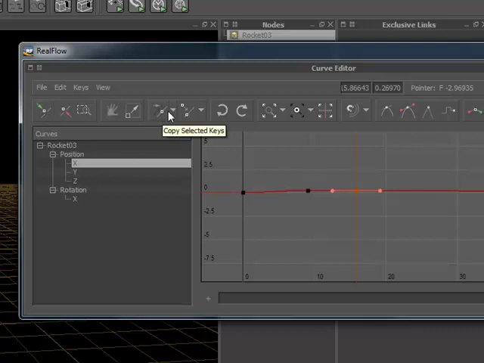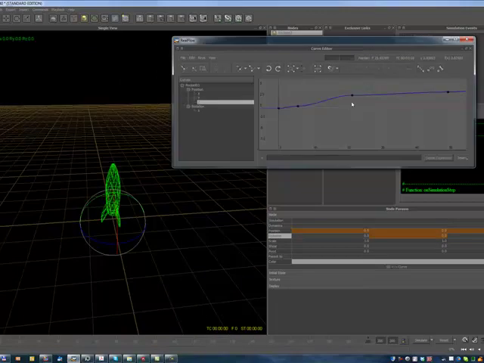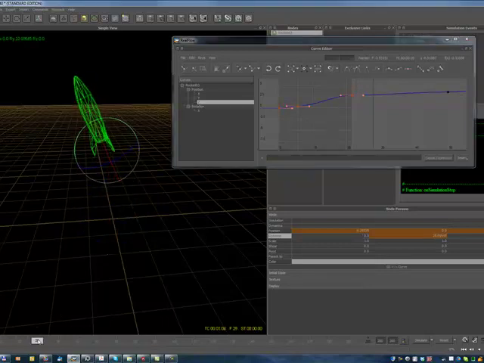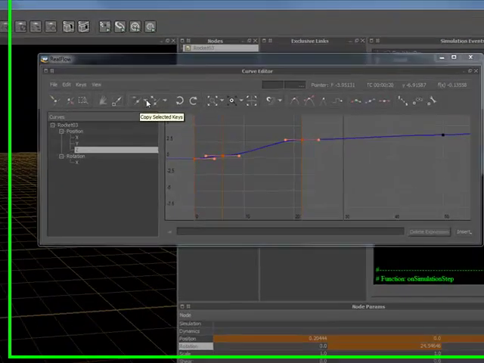Then the next, copy selected keys. So let's go back to the Z because it's more interesting. So we select these 3 keys, and let's go to frame 30. So here we can have copy